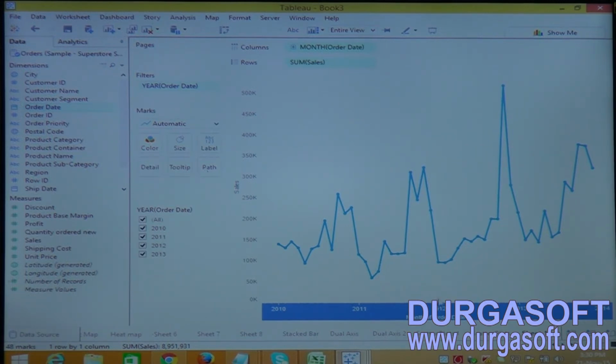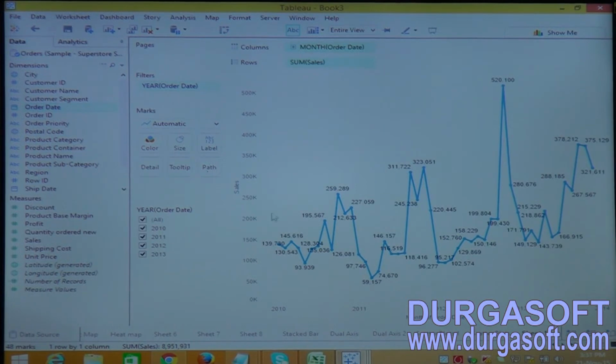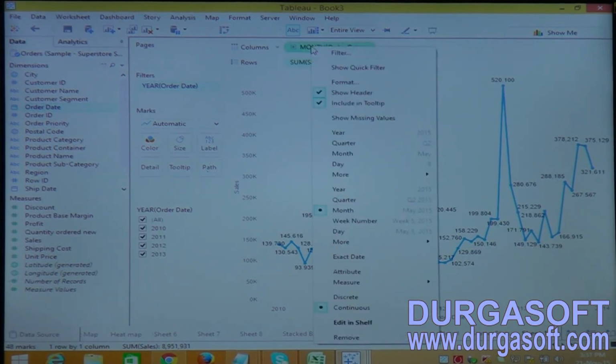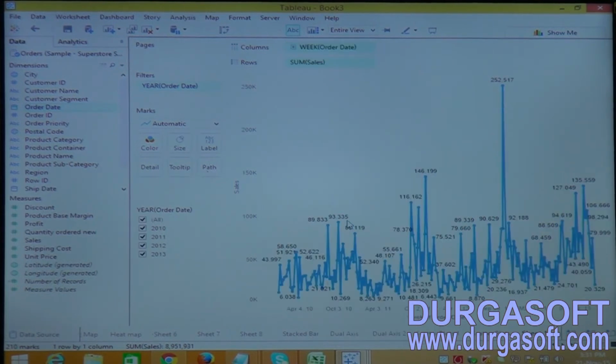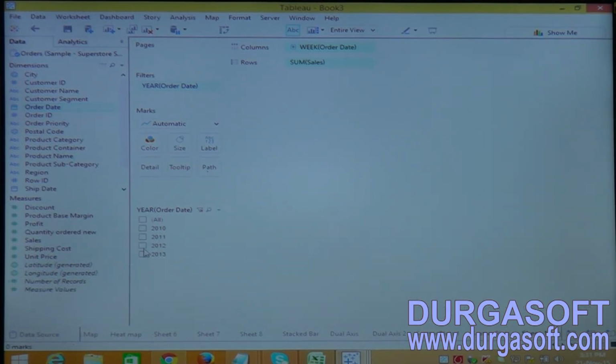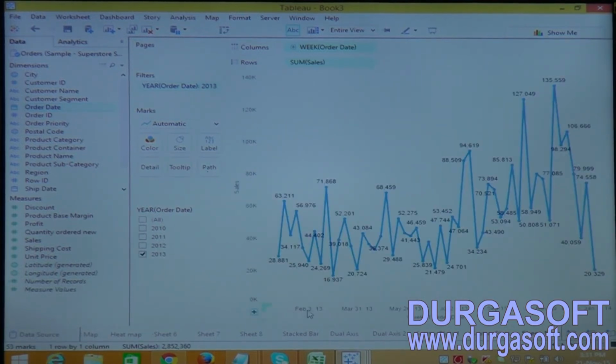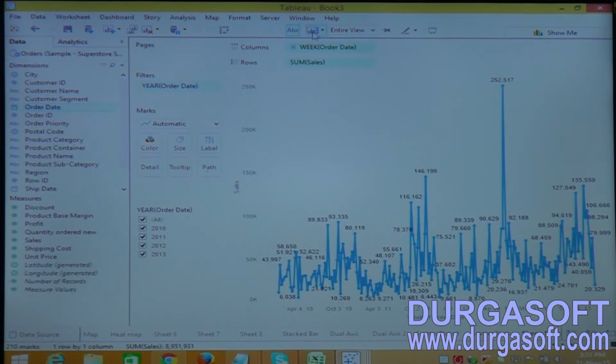month-wise data. So if you want to display the data labels on the line chart, you just click on the ABC. This is the way to do it. Apart from the month, you can also apply the week number. That means it is showing week numbers, like 7 days, like this. Now let me show you how week number works. See, it is showing each month divided by the week. Okay, this is the way to represent the data.